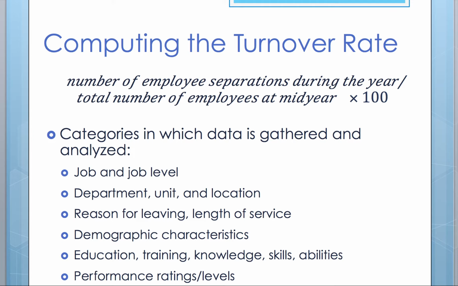We take the number of employees that are separating from the company during the year, divided by the total number of employees that we have at mid-year. That number is then multiplied by 100, and we have various categories that we analyze, looking at the specific job, the job level within the organization, what department, unit, and location they're from, why they're leaving, and how long they were with the company, various demographics that we take into consideration based on race, gender, and so on